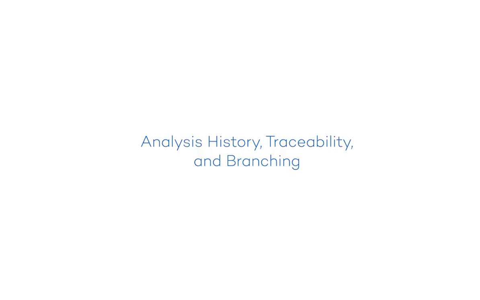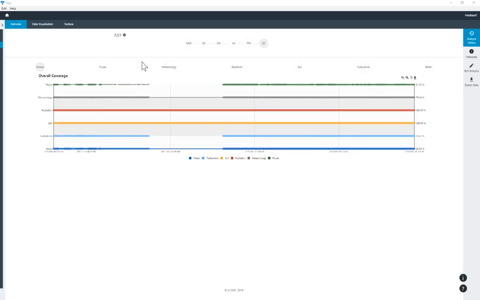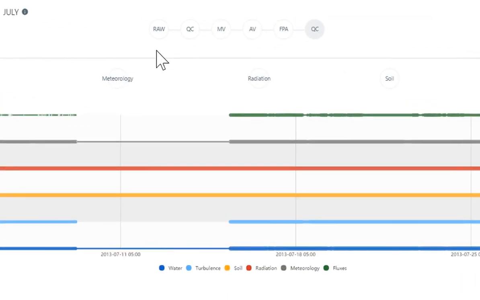In this particular tutorial, we're going to talk about workflow or analysis history, and a little bit about traceability on the steps we've done, and also how to branch from a previous node or toolbox, kind of going back in time. Now, if you look up here, we have the nodes from each of the tools we've completed throughout our